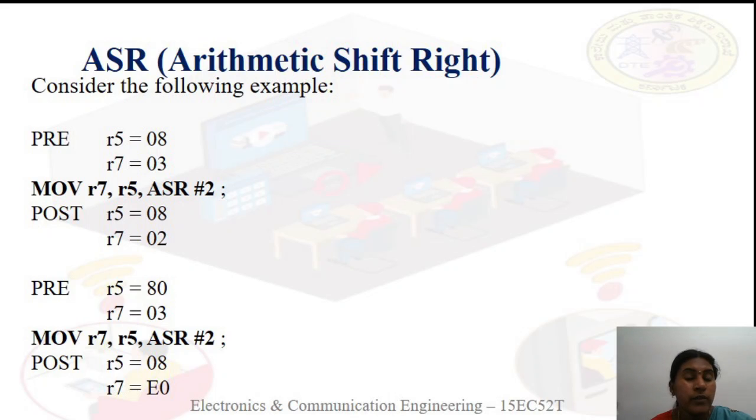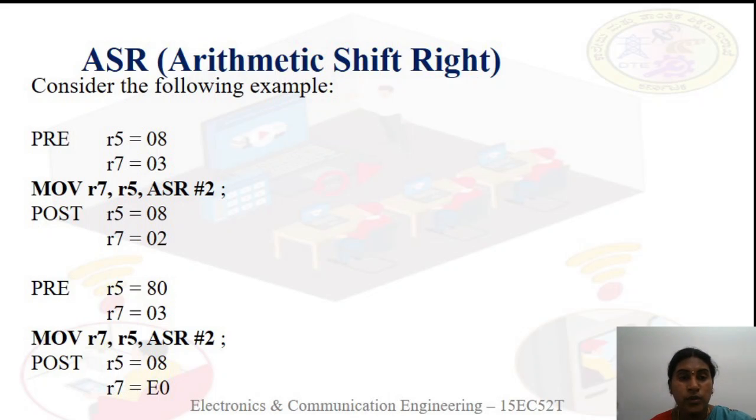Okay, first we will take one example. R5 is equal to 08 and R7 is equal to 03. The instruction is MOV R7, R5, ASR #2. That is, the content of register R5 is arithmetically shifted right by 2 times. We will take this content, 08 means